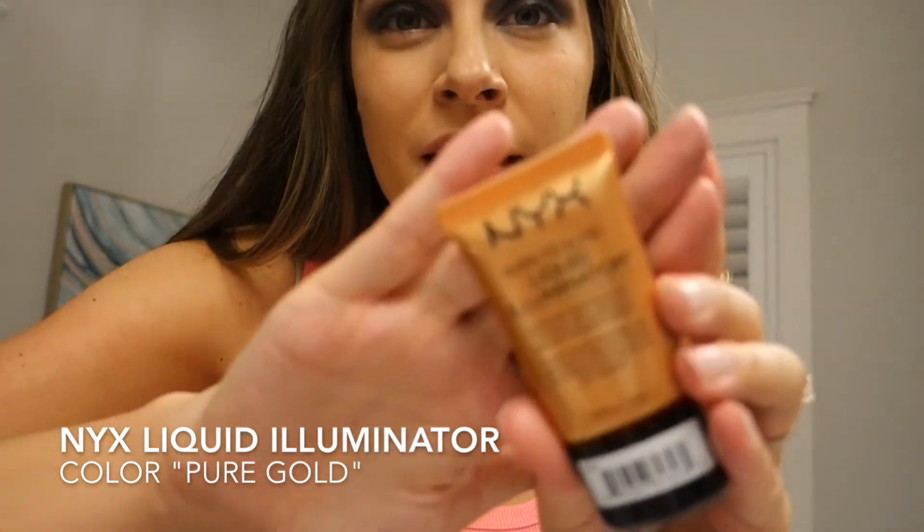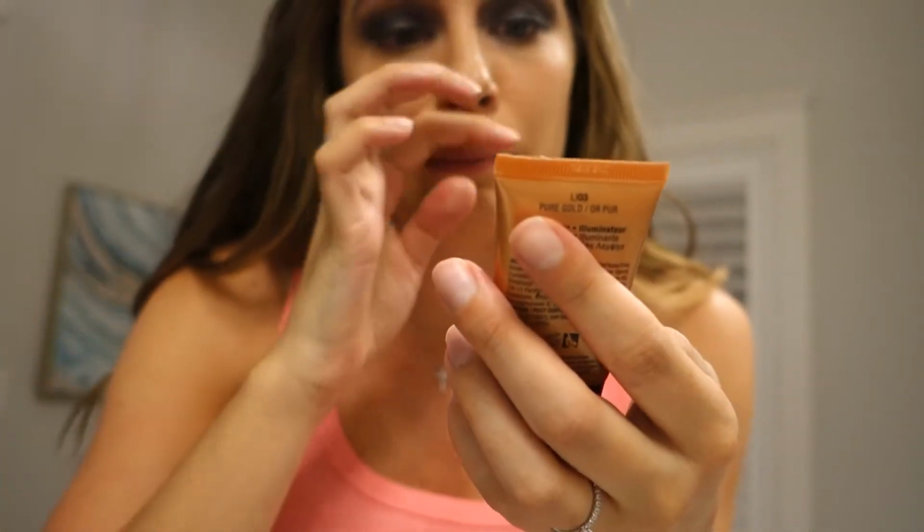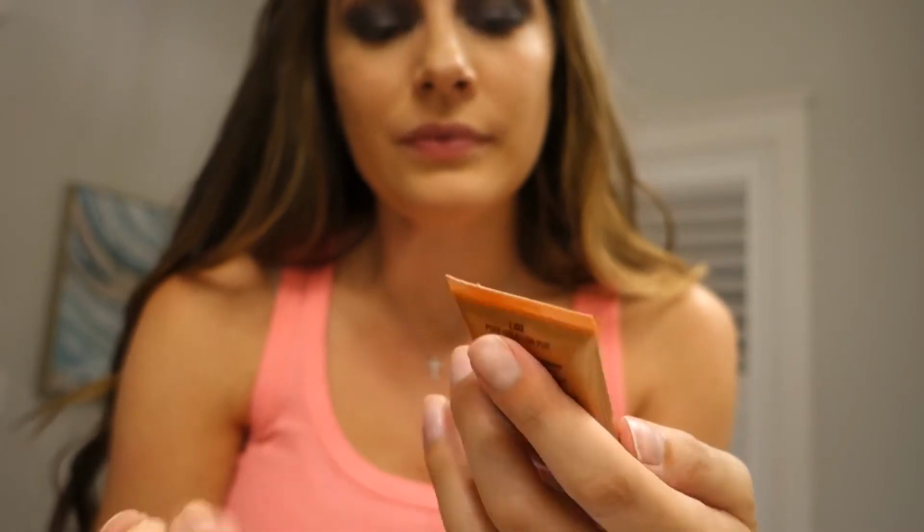So now I'm gonna use this amazing product by NYX or NYX, however you wanna say it. It's called Born to Glow in color Pure Gold. And what this does is it's basically almost like a liquid bronzer and kind of a highlighter. So I'm just putting it on my finger. I used to have the product